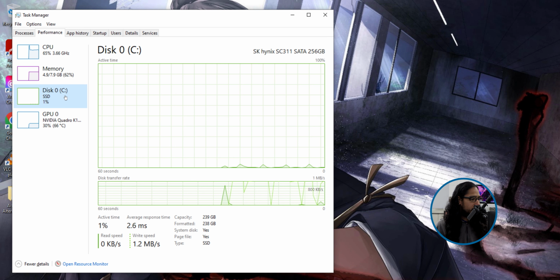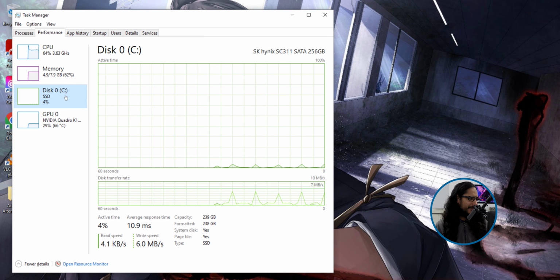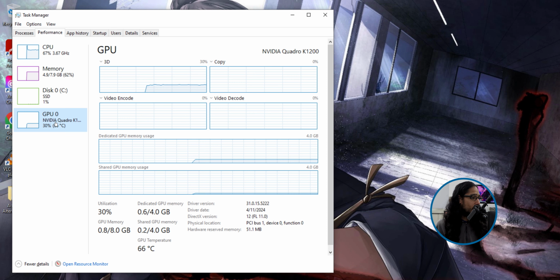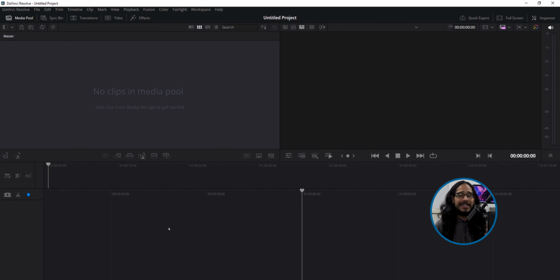A hard drive, which is around 256 or something like that. And the graphics card, I'm only running an NVIDIA Quadro K1200 with 4 gigs. Now for DaVinci, one of the core requirements is having a good graphics card, and I'm actually able to run it, not smoothly, but it gets me by.